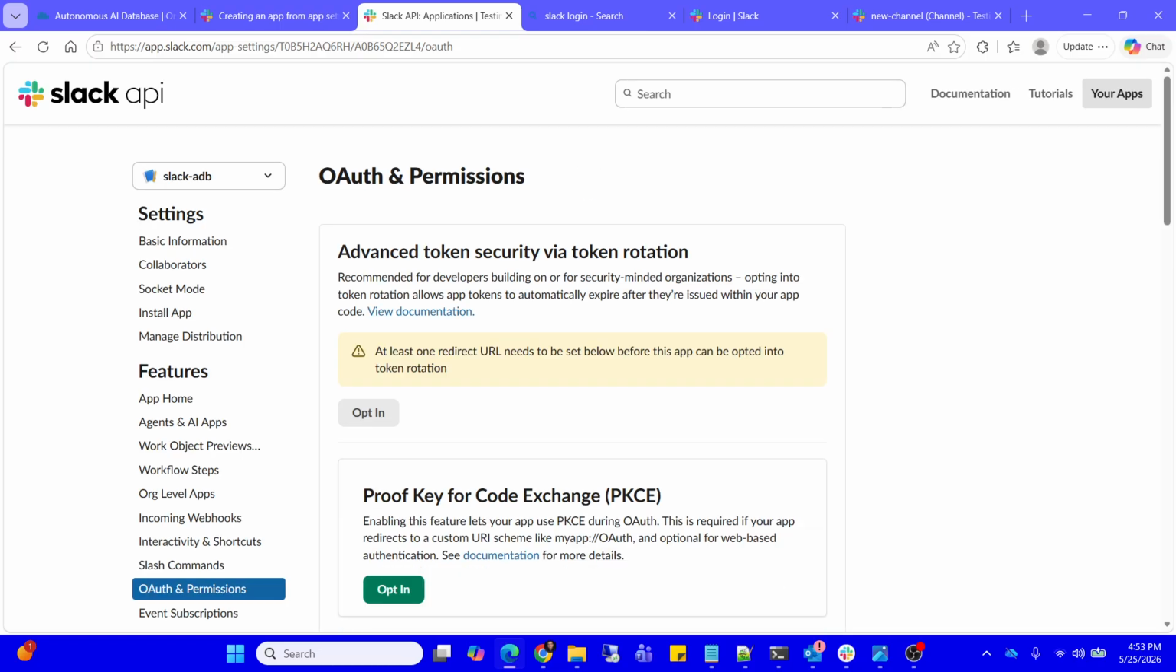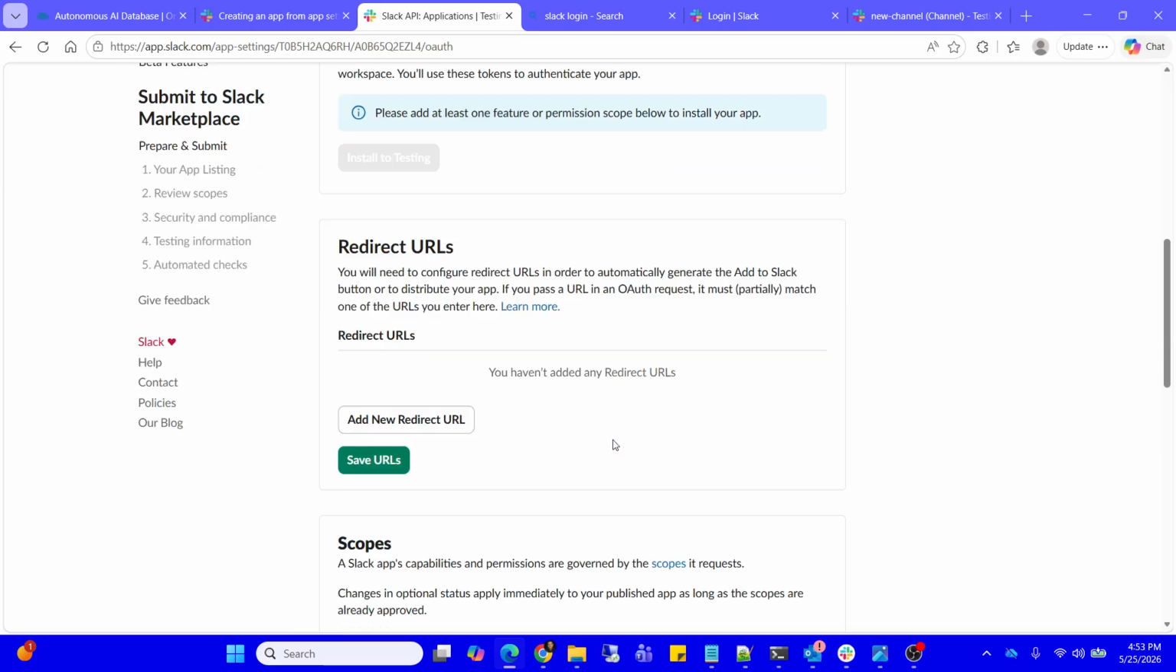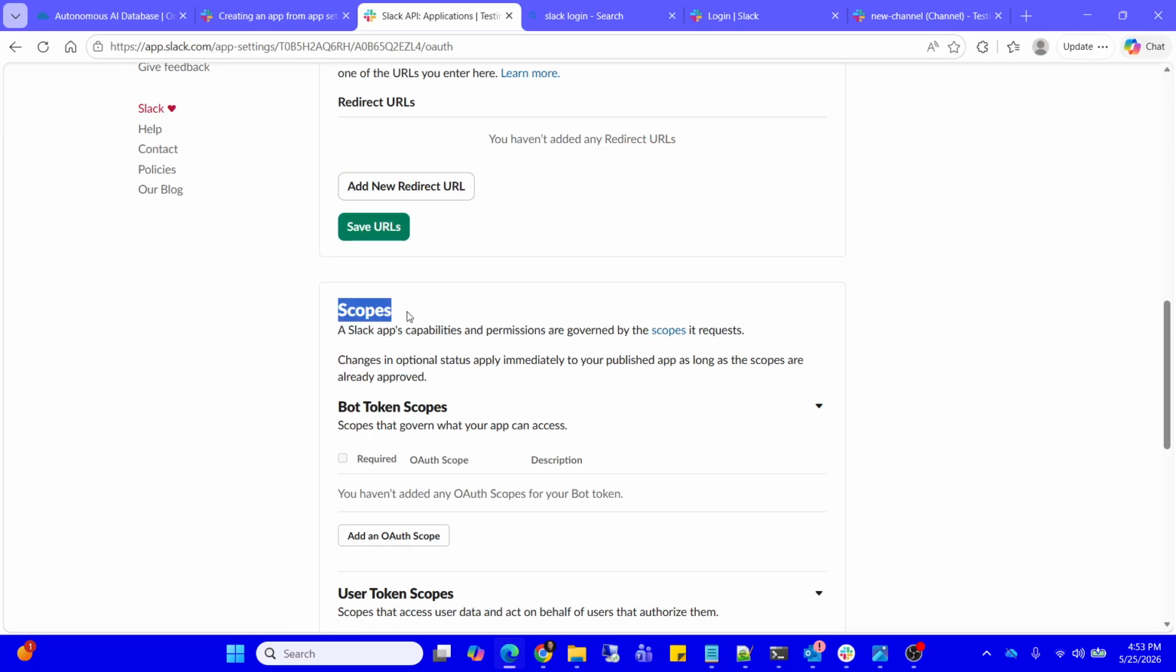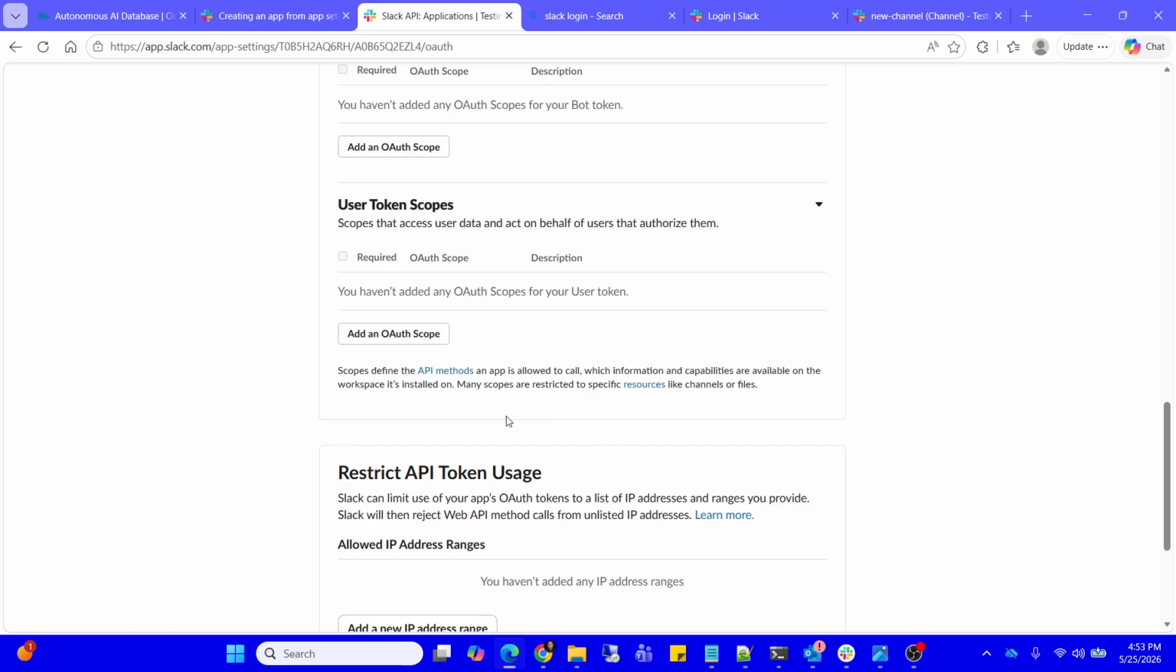Basically, we are granting our application permissions to perform certain actions. If I scroll down here, here are the scopes. A Slack app's built-in permissions are governed by the scopes it requests. So what are the scopes we have to give? First, scroll down,